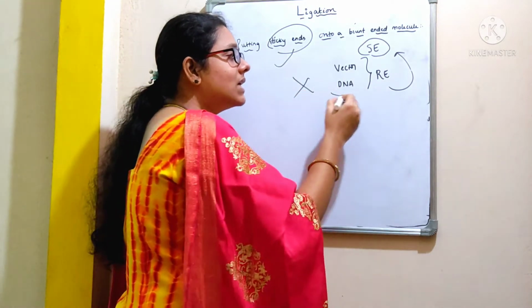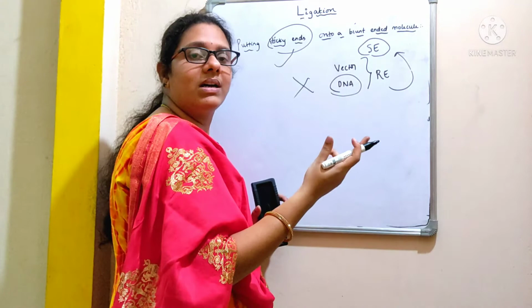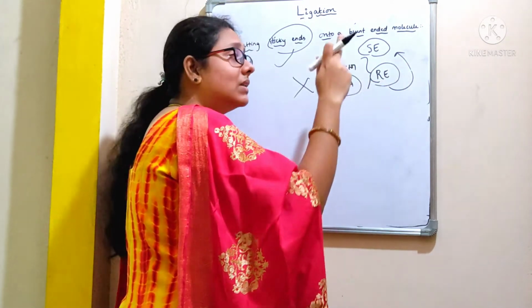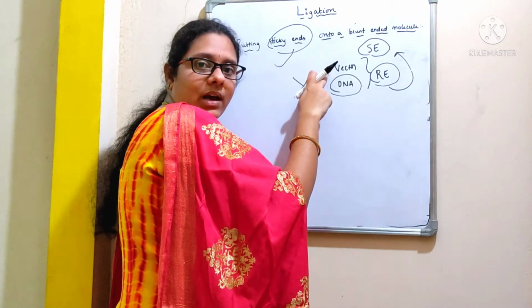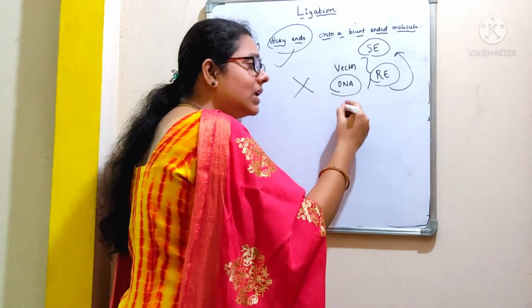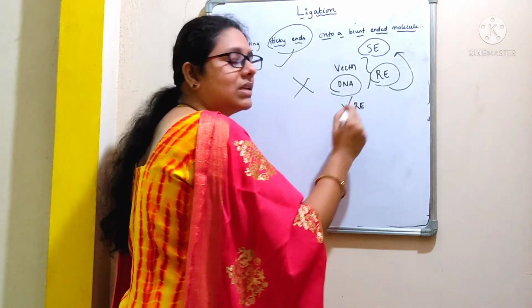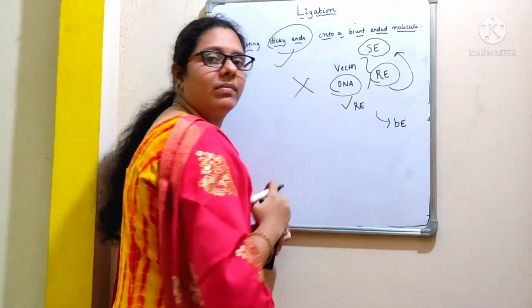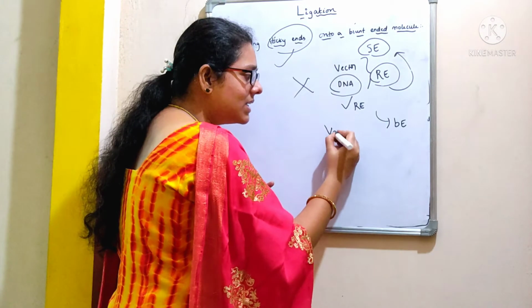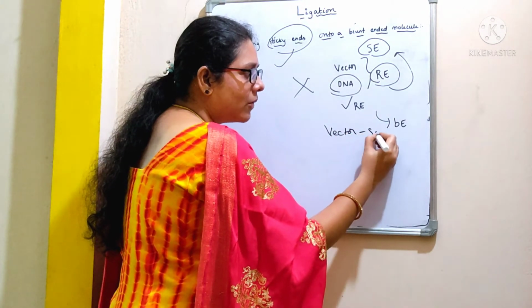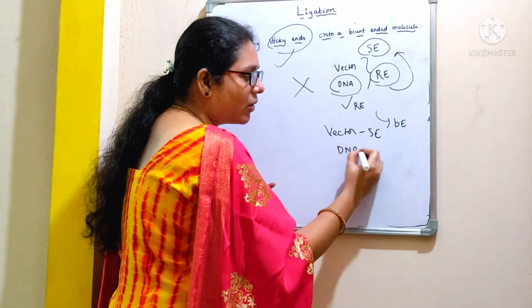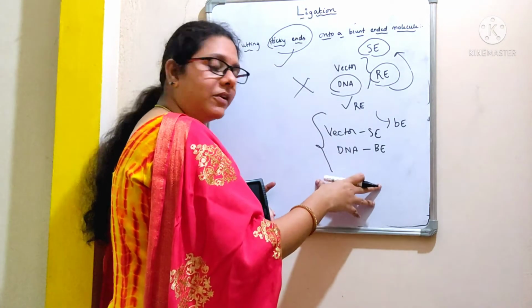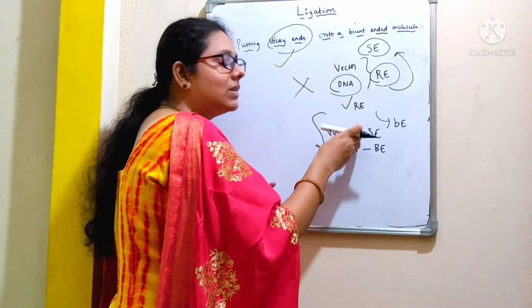Why? Because here the DNA may not have a recognition sequence to cleave it with the same restriction enzyme that we have used to cleave the vector. In that case we need to go with the other restriction enzyme, that may result in the blunt end. Now the vector is having a sticky end, whereas the DNA that is to be cloned is having a blunt end. In this case it will be difficult to ligate this DNA with the vector.